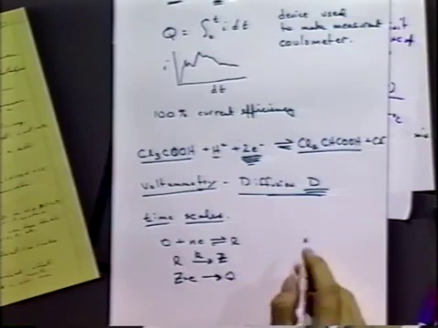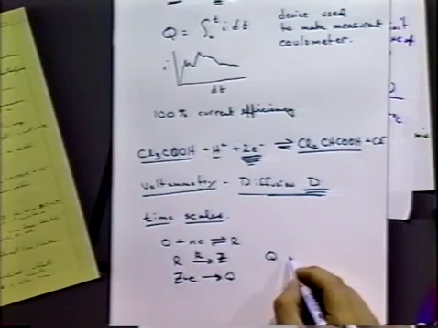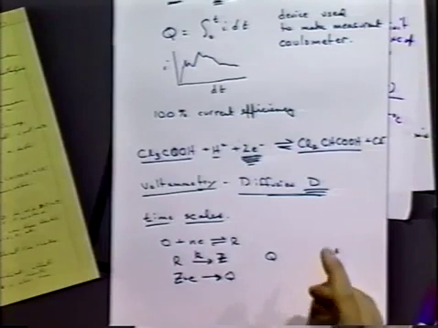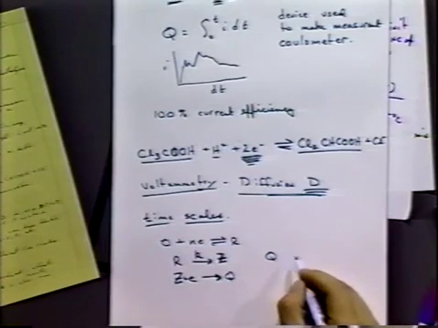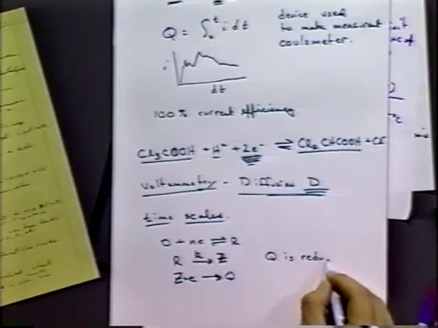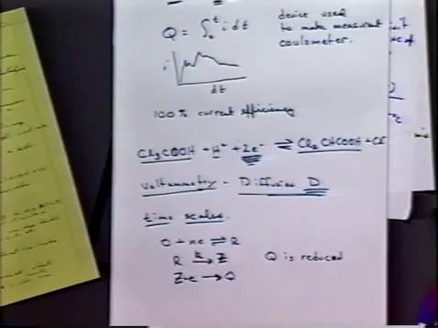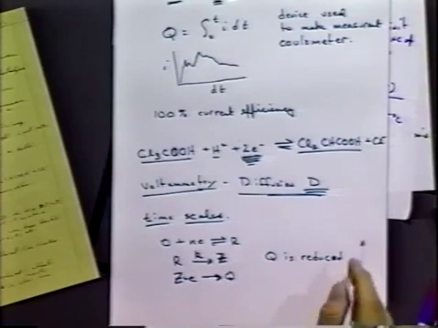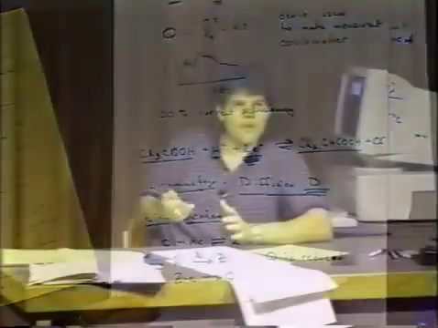All right? So if Q can be reduced, which is often the case in some organic systems, or if Z can be further reduced sometimes, that will throw off our system,